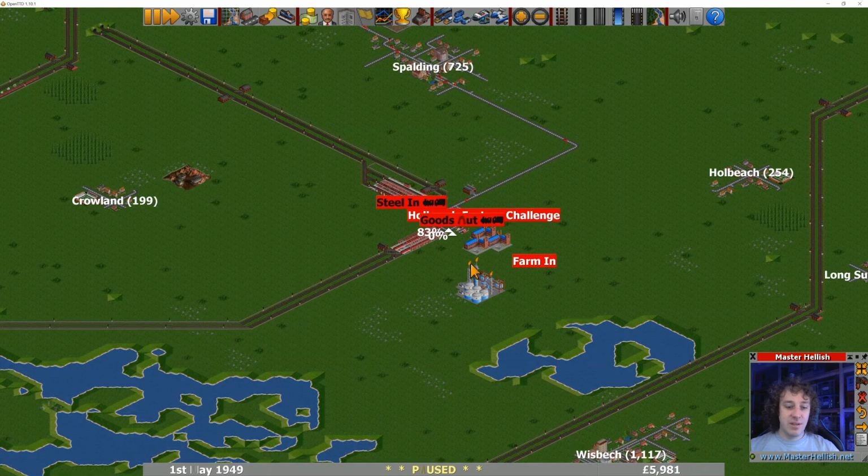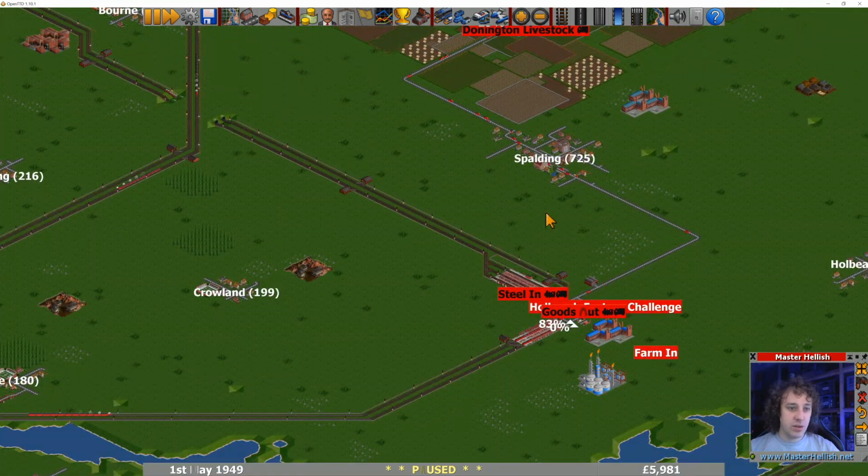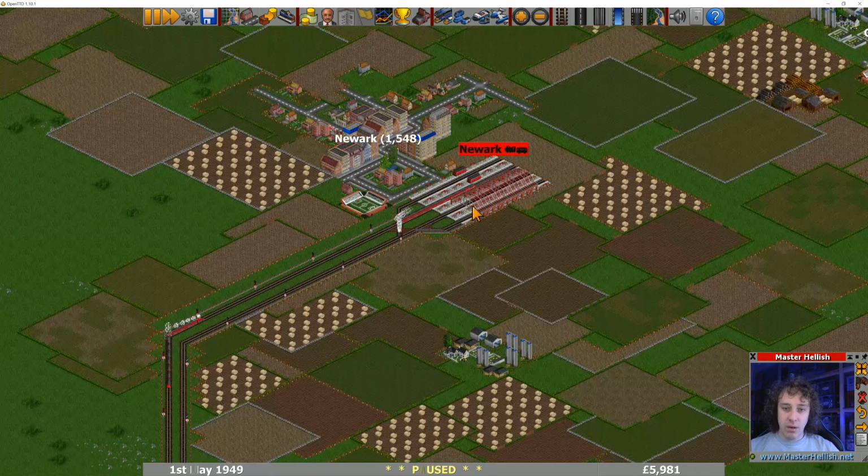Okay, so we've got £5 in the bank. We've just paid our maintenance for the month. We haven't got any trains waiting here. What I'm going to do is just have a quick scan around the network. We're going to look for any trains that...